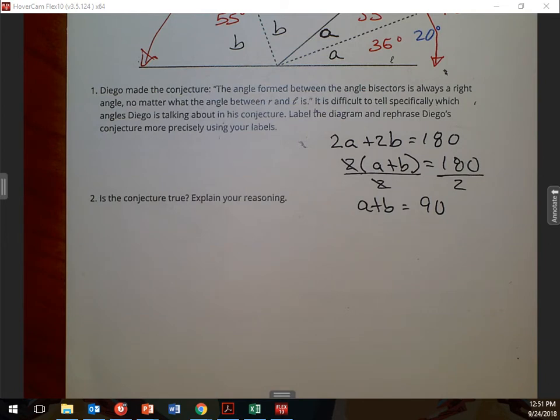So now in your words, explain that. Wait, how do we write it? Is the conjecture true? No, explain it here. Explain why. Did we do it more than once? Yeah, so we did it a couple different ways and it still came out to be right. We tried it a lot of times. Okay, in your own words. I'm gonna put that in words.